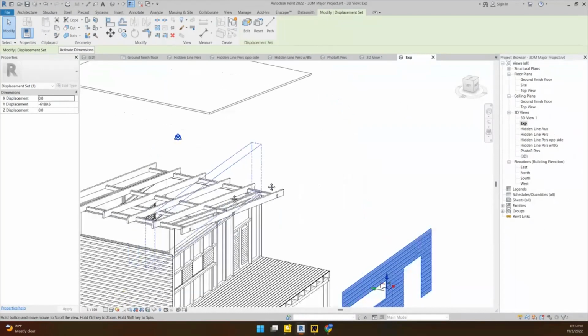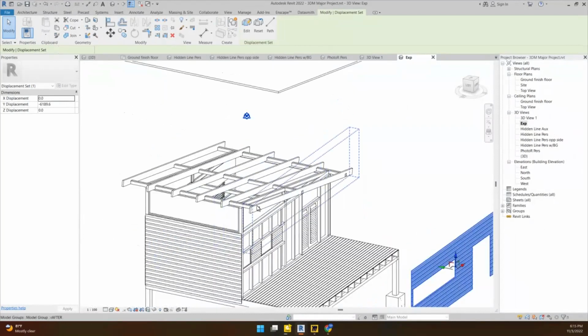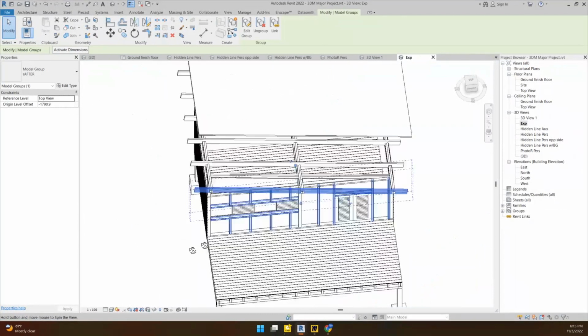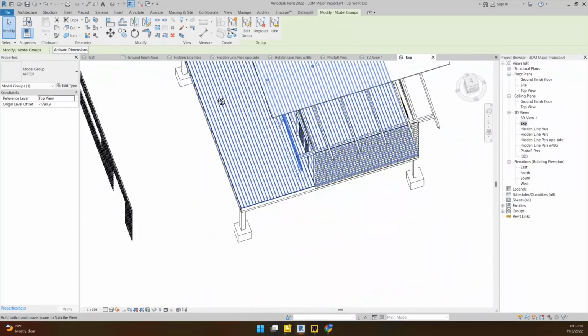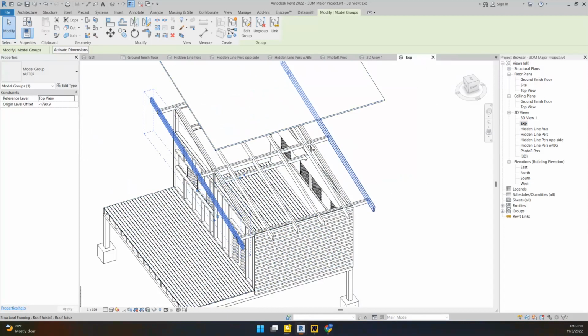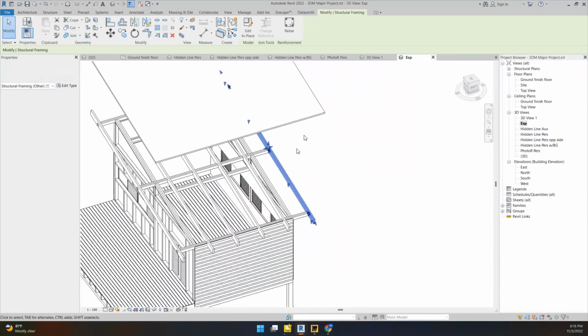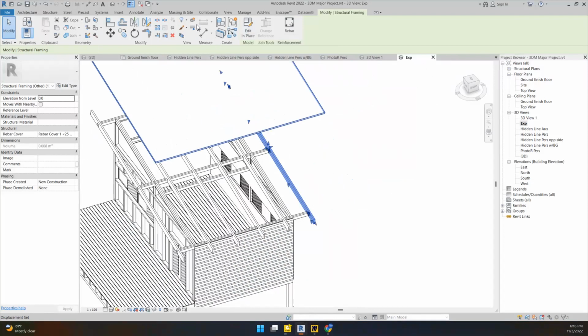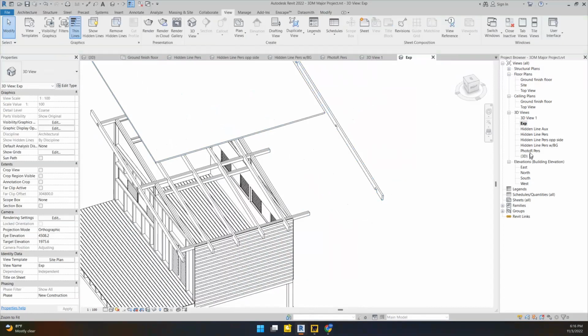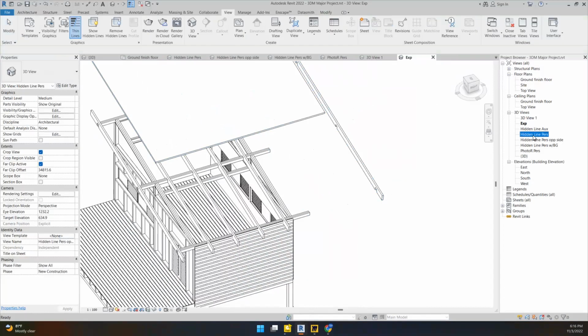Let's say I want to do the same thing for this roof here. You could select more than one object, but let's say you want to show that this rafter belongs down there, then you want to show this rafter as I exploded and you move it like that. Now, when you go to the other view, so for example, if I go back to my perspective